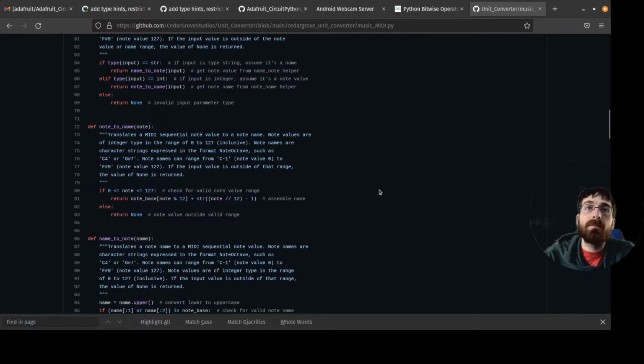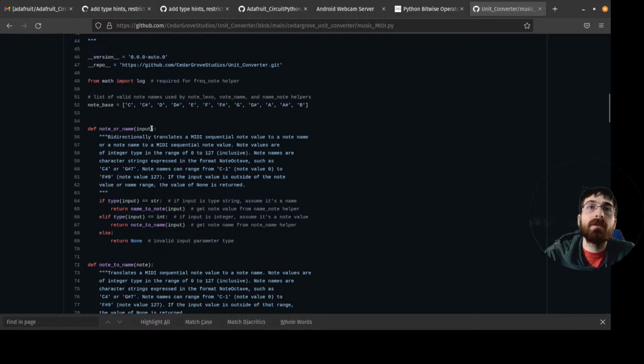Translates MIDI sequential note value to a note name or a note name to a sequential value. Note names are of integer type. So it can either take a string or an int.